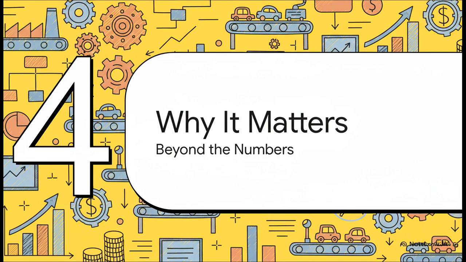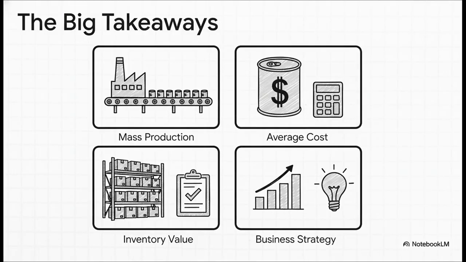So you might be thinking, okay, that's a neat trick for the accountants, but why does this really matter? Well, this whole system isn't just for bean counters. It has a huge impact on how any big manufacturing business actually operates and makes critical decisions. So let's boil it all down. What are the big takeaways here? Well, first, this system is absolutely essential for any company that mass produces stuff. Second, it gives them a simple, reliable average cost for every single item they make. That's critical for correctly valuing all the products they have sitting in their warehouse. And all that data helps them make much smarter decisions about how to price their products and what their overall